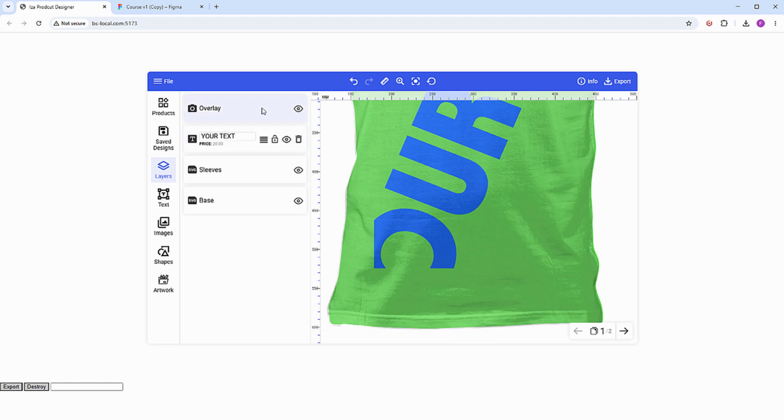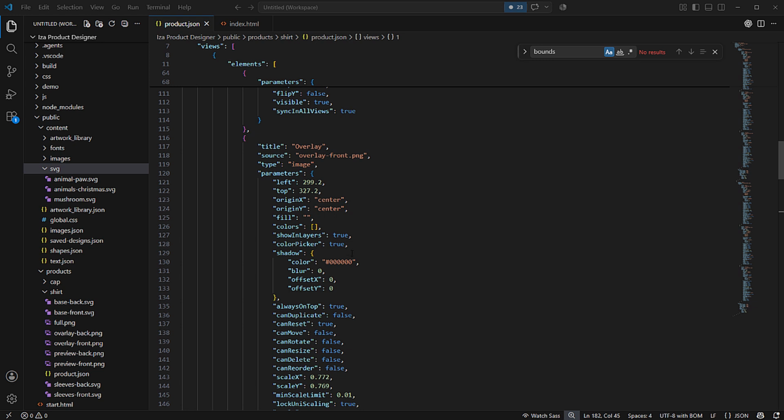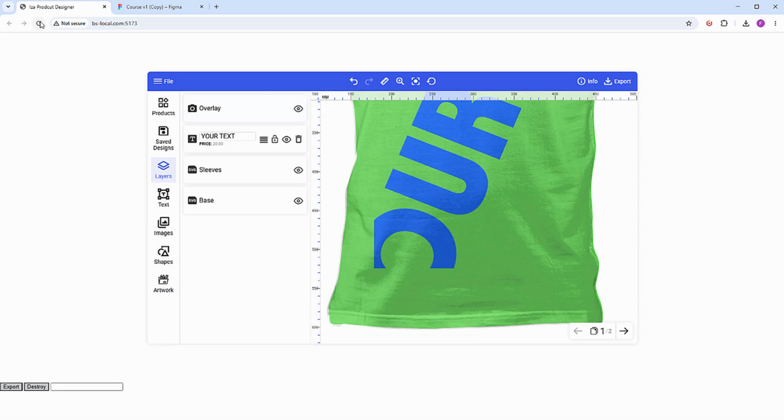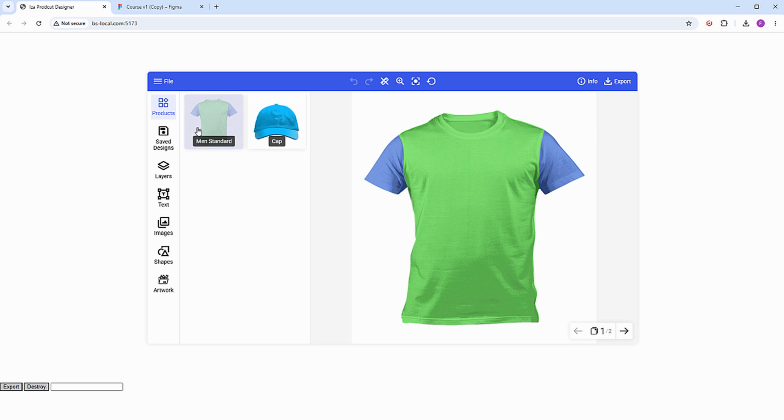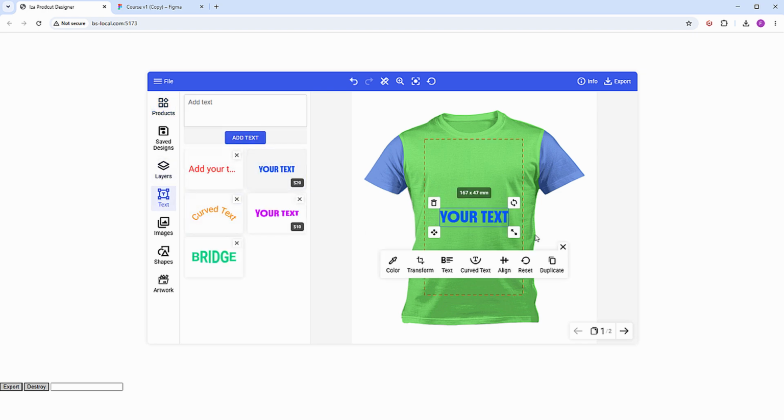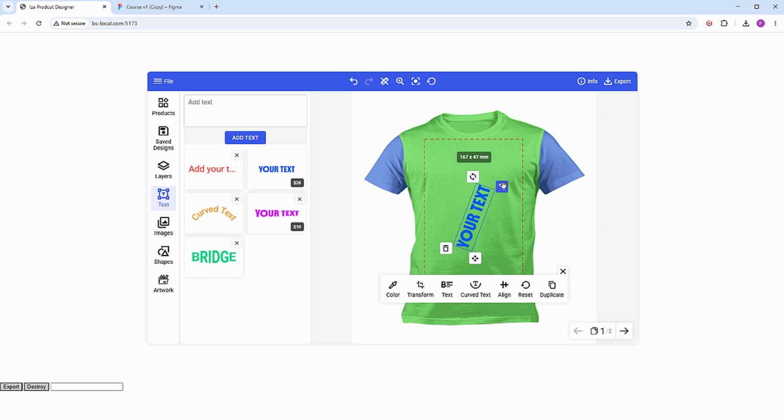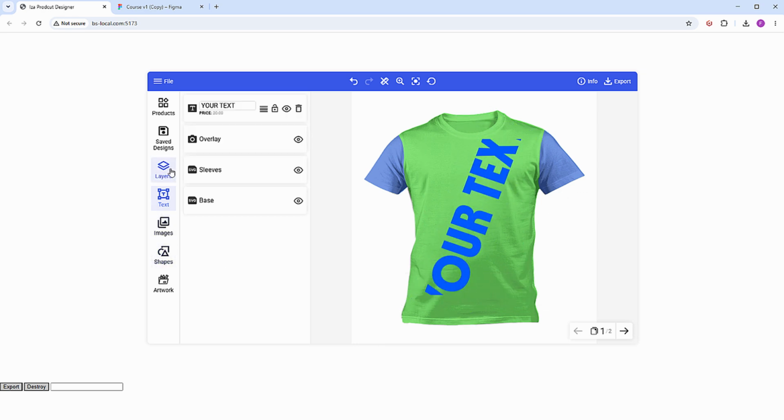it doesn't let me. Why doesn't it let me? Let me see. Yeah, it's because we have the always on top true, and I need to set this to false. This is only always pushing the layer on top. So let's refresh now and go to text. I'll just do it like this and go to layers, and now the text, you see it appears over the layers. Let's zoom in